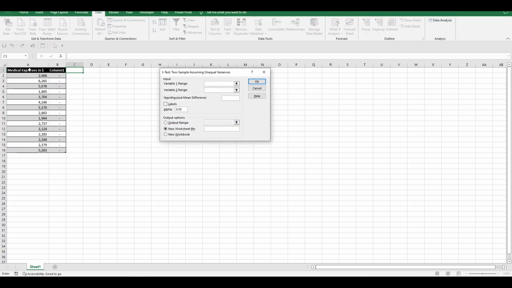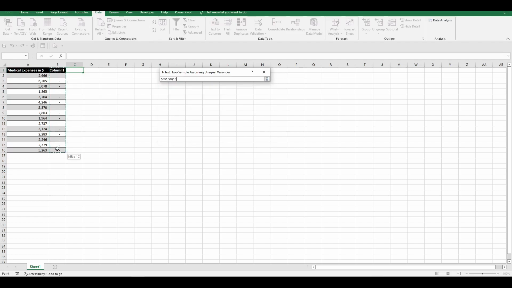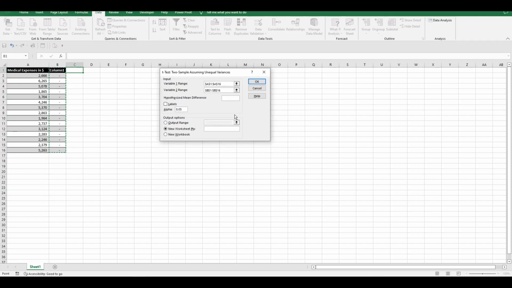Variable 1 range includes our data, and variable 2 range includes the dummy variable that we have created. The hypothesized mean difference is equal to 3,450. And as we have included both values and labels in our data, we do not forget to check the labels checkbox. Our alpha value is equal to 5%.